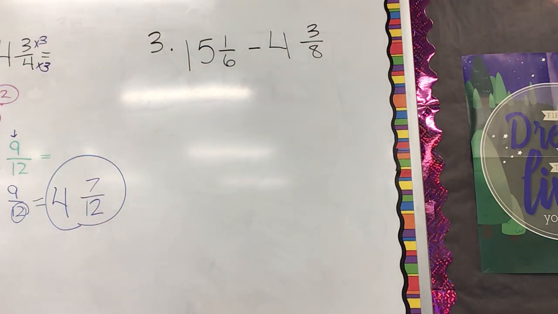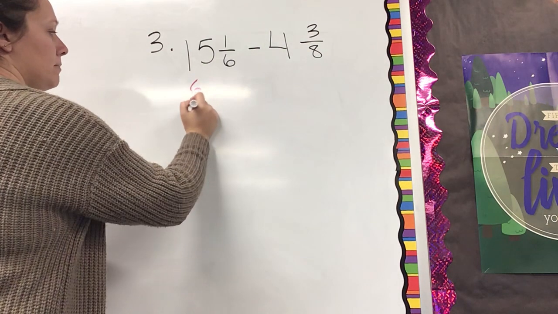So I right away notice that I do not have a common denominator. So 6 and 8 here, those are not common denominators. So when I make a list of my multiples,